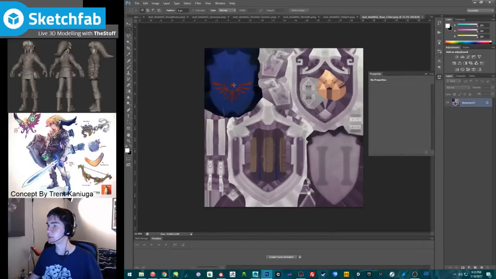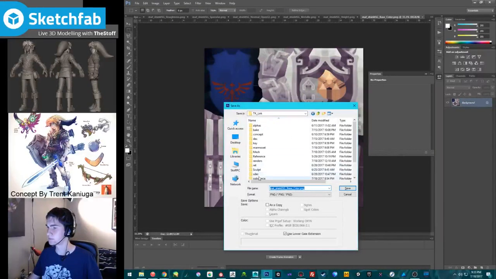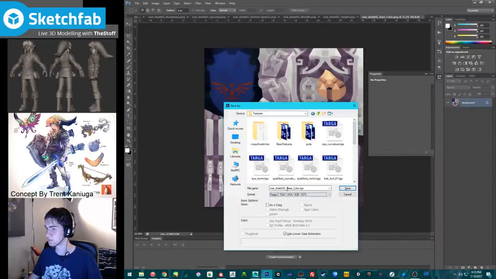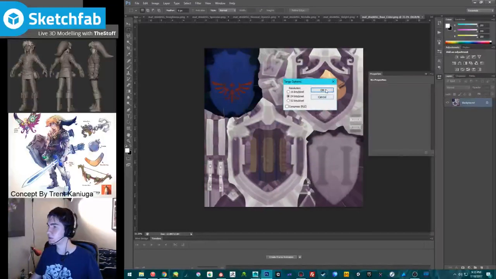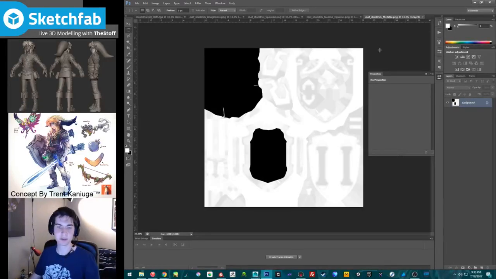Okay. I don't need the height map. I suppose the height map could be good at some point, but well, that's okay. That's okay. Okay.